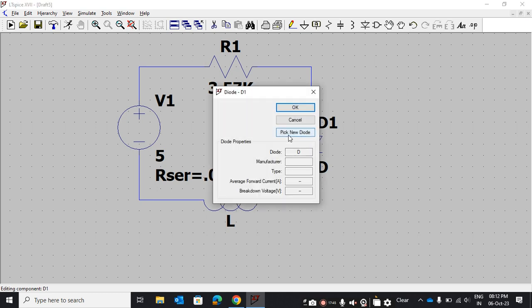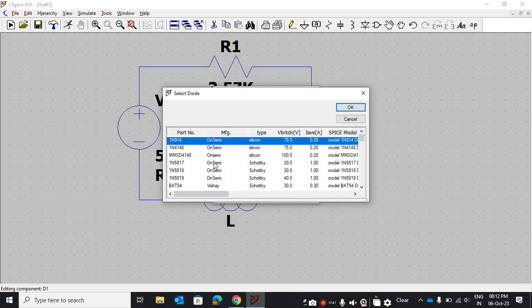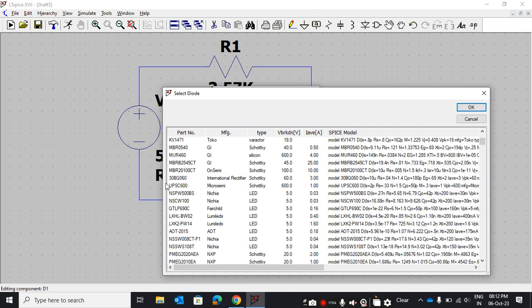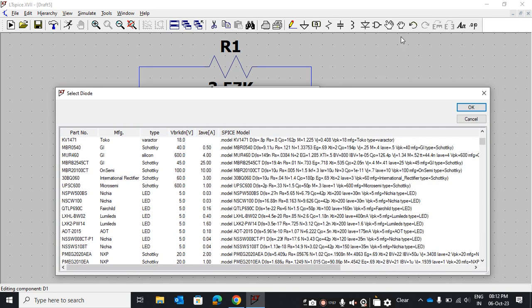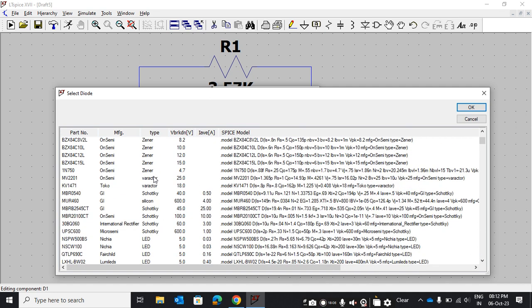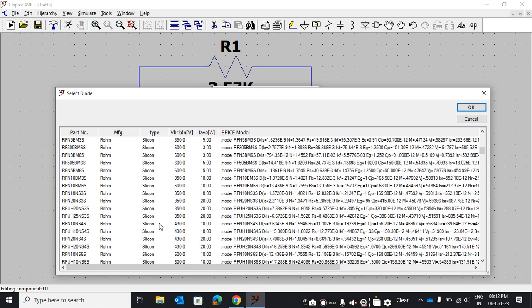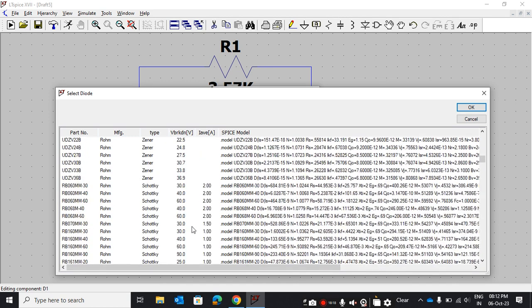Right click. Okay, go to pick new diode. There are so many diodes here. Here also Zener diode, Schottky diode, LED. You will get everything. It is just a symbol for diode; inside this there are so many components, whatever you want. So you can select the LED, Schottky diode, and Zener diode from here. So many Zener diodes, and this is a simple diode, and these are the part numbers, whichever part number you want to select.